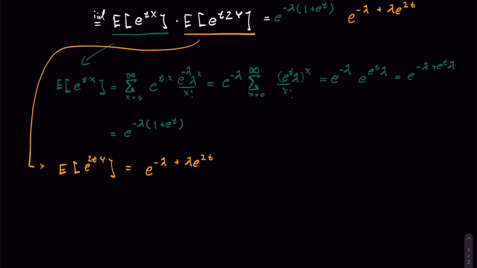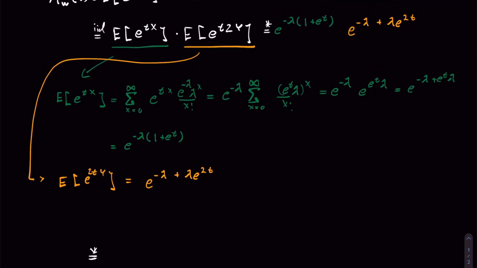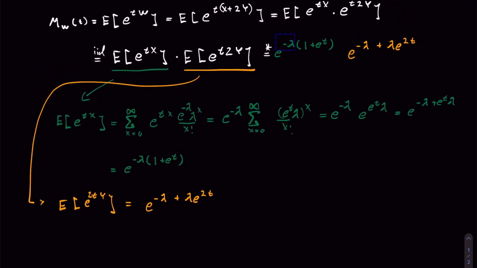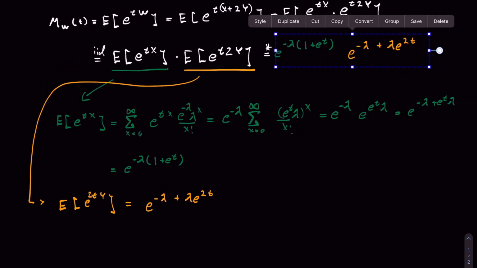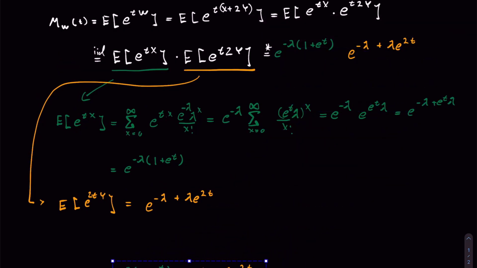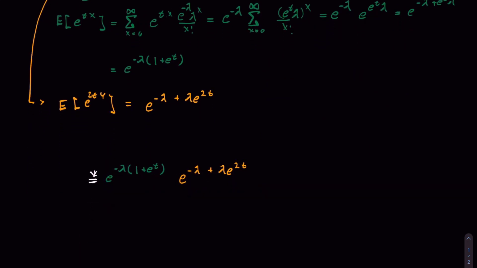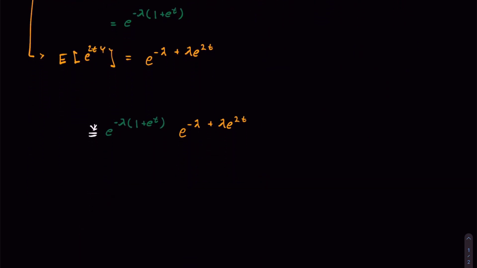It's getting a little bit tight up there, so we continue down here. Duplicate it, move it down, and let's simplify this a little bit. So we have e to the minus lambda times 1 plus e to the t,